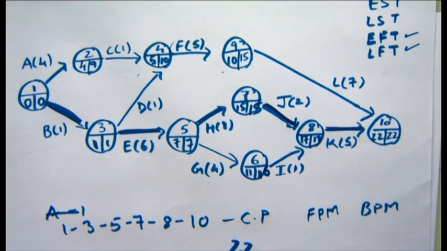which means that the project will take 22 days for its completion, which is nothing but the project completion time. So I hope it's clear now how to calculate the critical path and how to identify the critical path. Moving on, we have floats here. Float, or in other words, we have slack. What is a float?